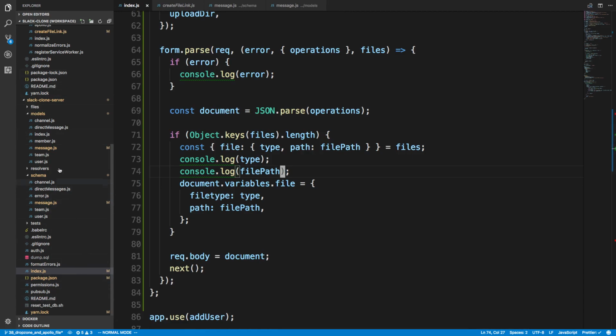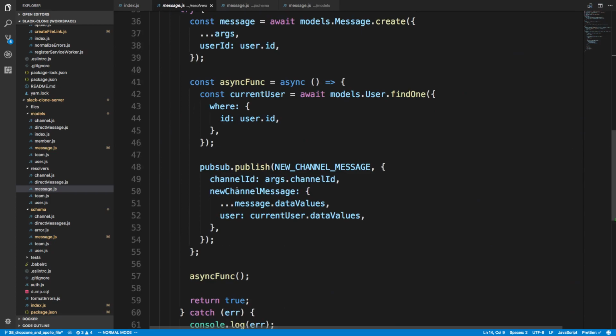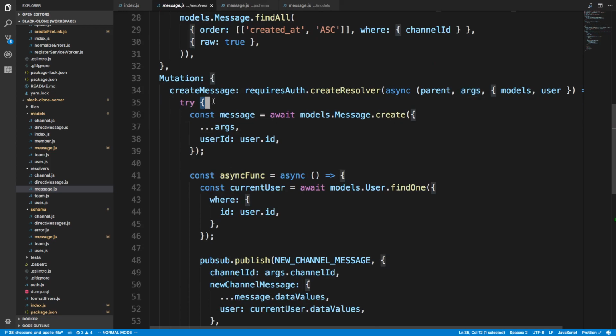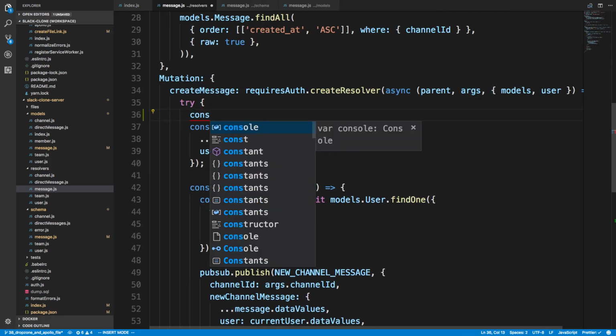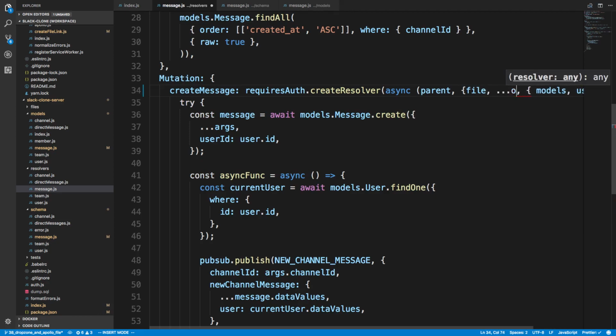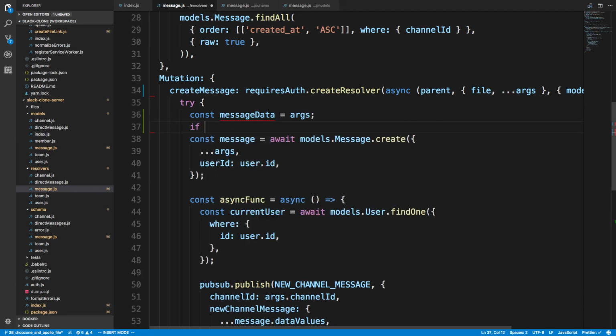So let's update our resolver to handle this. So we're gonna come over here, and in our message, create message right here. So right now we're just passing in the arguments, but we need to do a change to one of our arguments, right? So I'm just going to grab the file off of this. So grab file and then args. So I'm going to say const message data is equal to args, and I'm going to say if file,